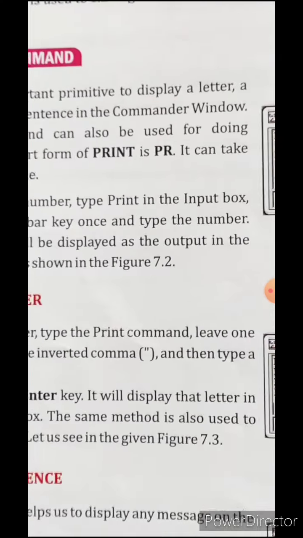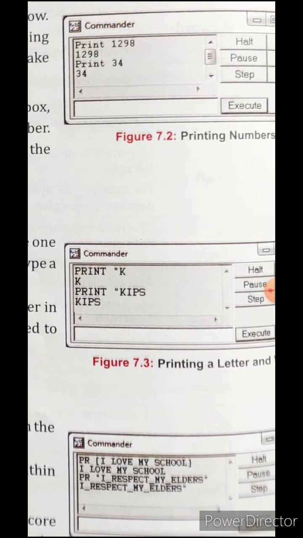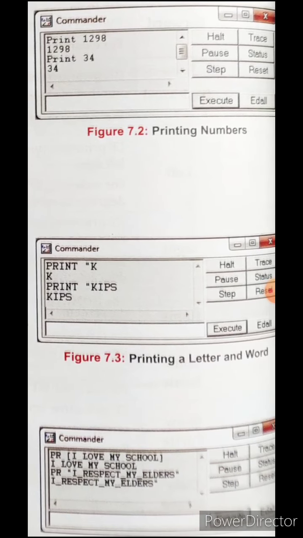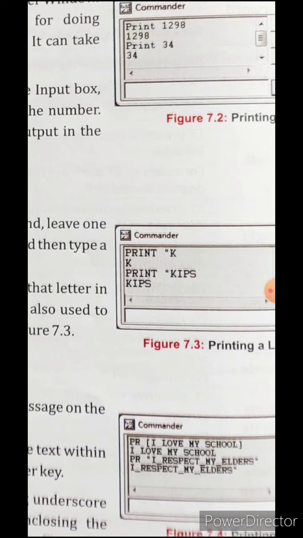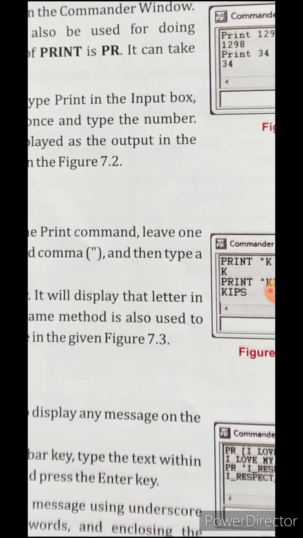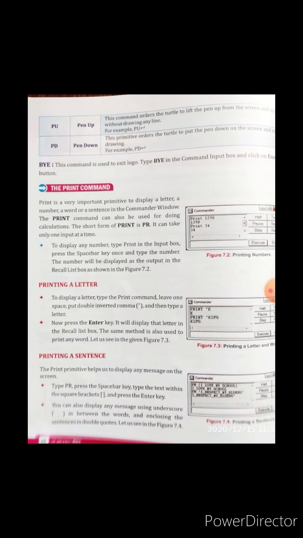Suppose in our example, it has been given print in inverted comma, K is there, and after that you need to press enter, and after pressing enter, K will be printed. And after that they used an example by writing a word. So print KIPS, enter, then it will print KIPS.